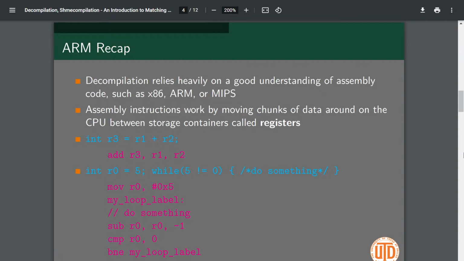So I'm going to give a bit of an ARM recap. I did want to do MIPS, because over the summer I worked on a decomp project for Ocarina of Time, which is a Nintendo 64 game, and that was a MIPS platform. So I wanted to do that, but I couldn't find any functions that were easy enough to fit in, so